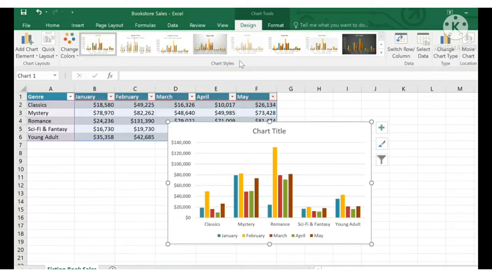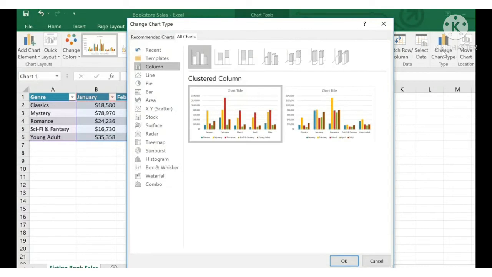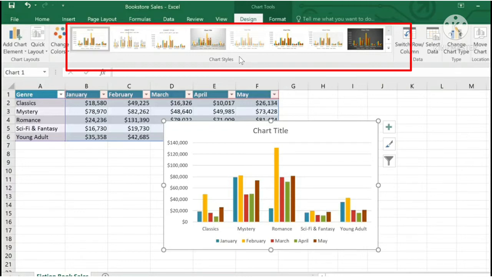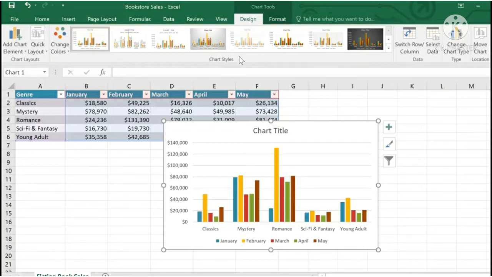And if you want to change the chart type, meaning you have already selected a chart type and you need to change it, how can you do that? Under the Design tab, you can see the Change Chart Type option. When you click on it, you can see the Change Chart Type dialog box. From that you can select any chart type of your choice. Not only that, under the Chart Styles group you can see the More button. When you click on it, you can view all the available styles just like this. So you can also change the styles of your chart.